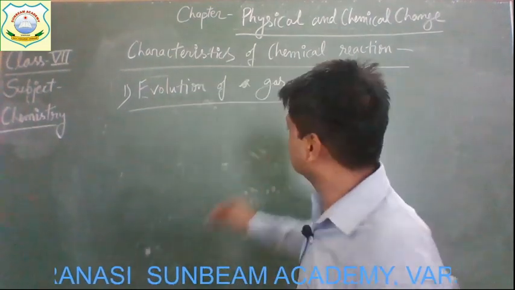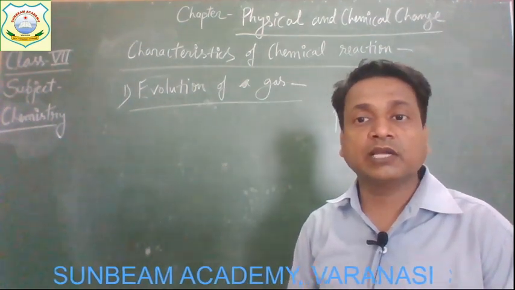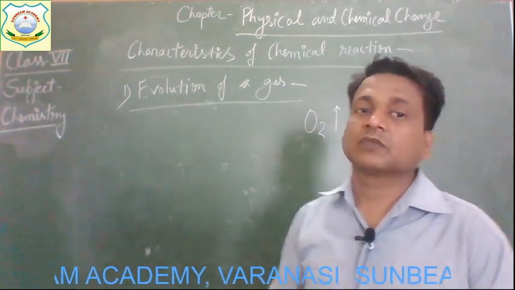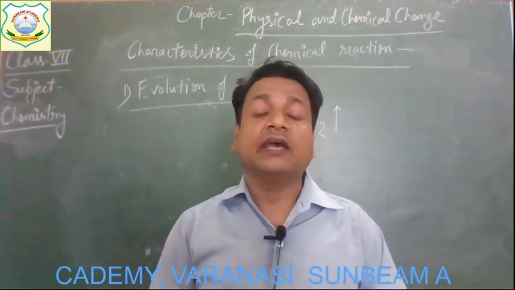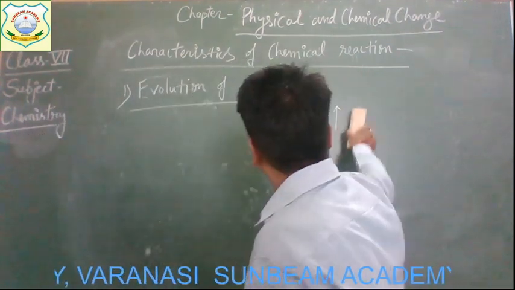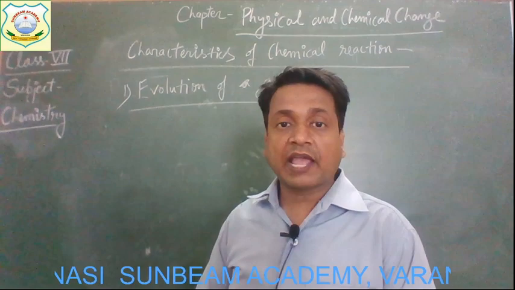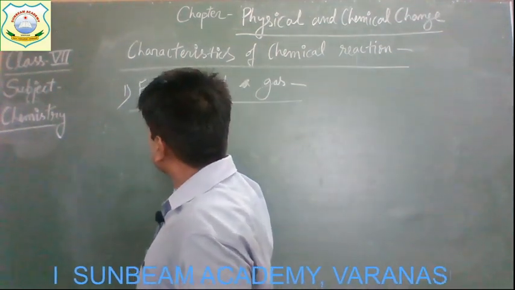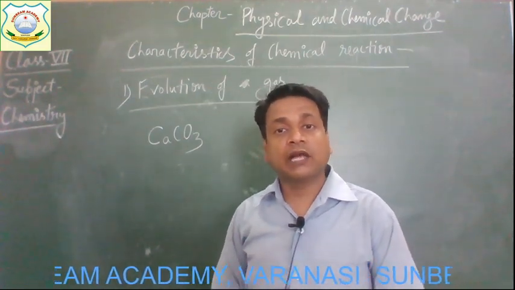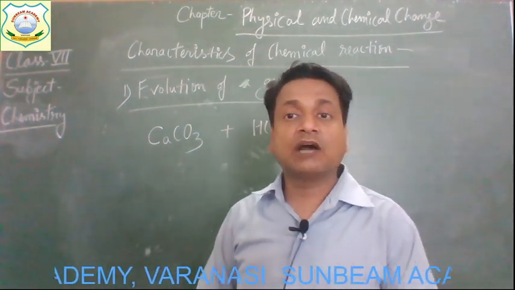Just like if I say that oxygen gas is produced in a chemical change, we can write it like this. And when calcium carbonate reacts with dilute hydrochloric acid, for example, the formula of calcium carbonate is CaCO3. When this calcium carbonate reacts with hydrochloric acid, HCl, the formula of hydrochloric acid,